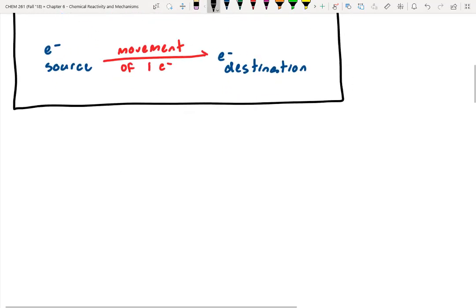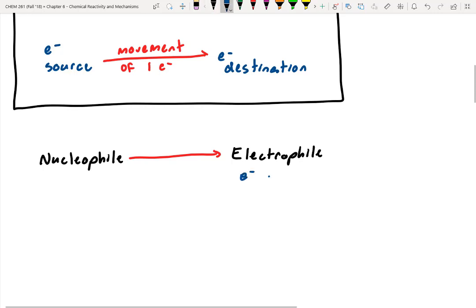All right, another way of thinking about it is your nucleophile is normally the source of your arrow, and your electrophile is the destination. So this is electron destination